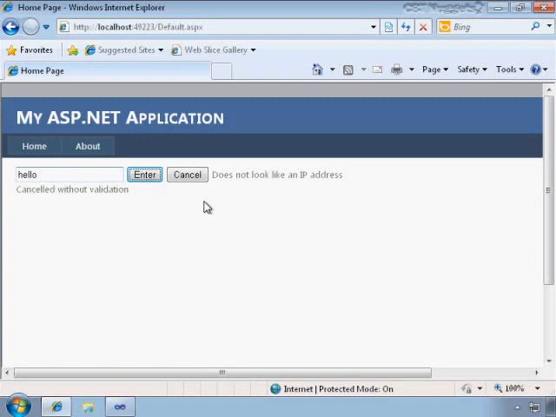It does not look like an IP address. My label did not change, and that's because the page never went back to the server. The code behind for the enter button never ran. This ran entirely locally. If I put an IP address in here, that passes the validation, passes the page back to the server, and then runs the code behind,